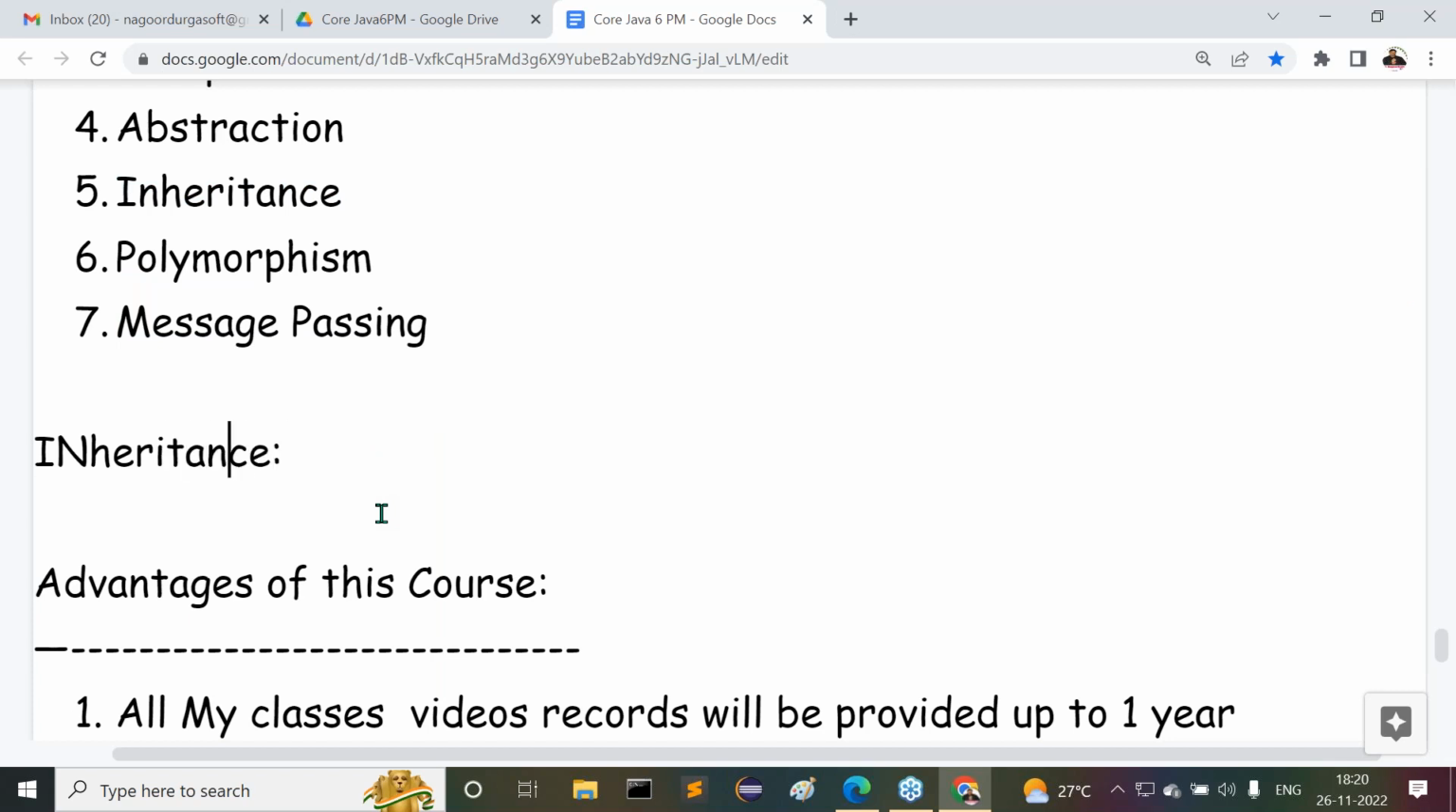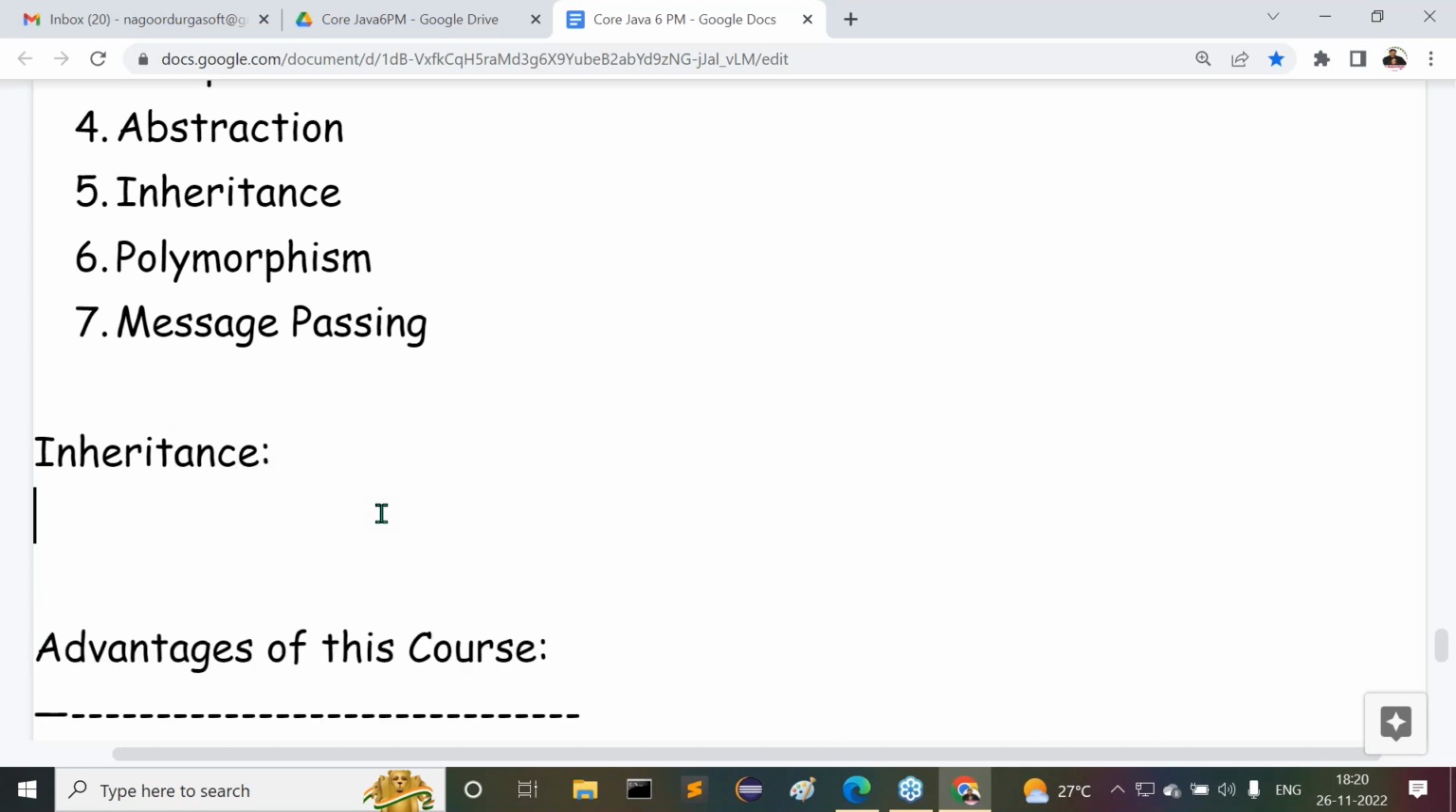Guys, observe carefully. We have to understand this particular point only, but before understanding inheritance, we need to understand one more fundamental, basic point. What was that basic point? Listen carefully. In object-oriented programming languages like Java, the programming we are going to write,